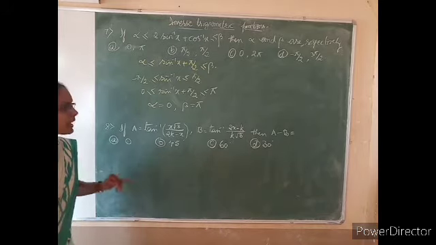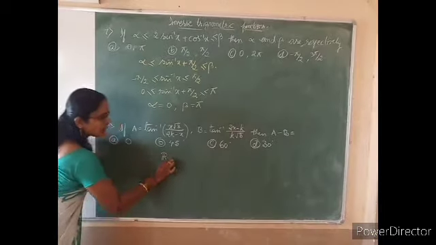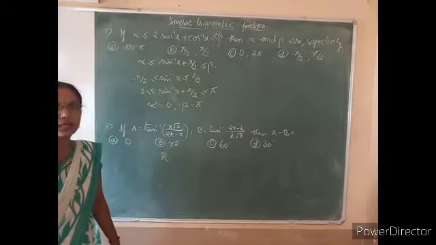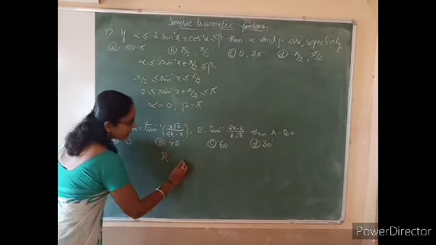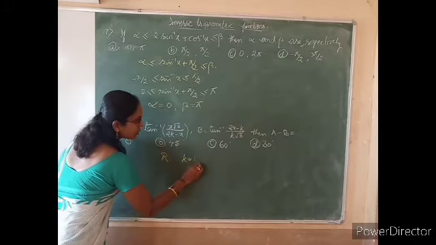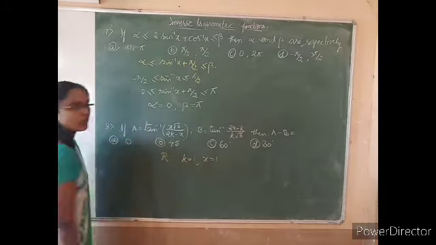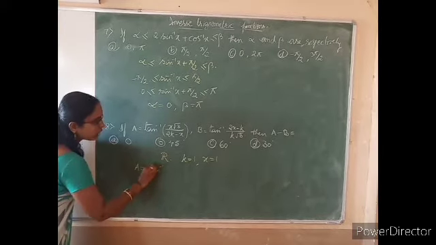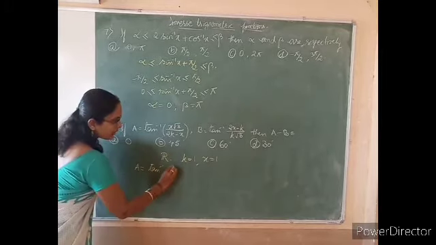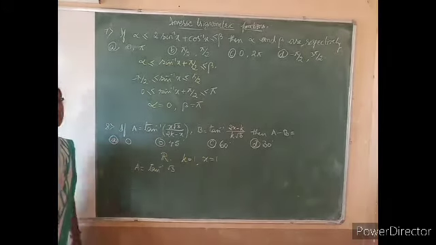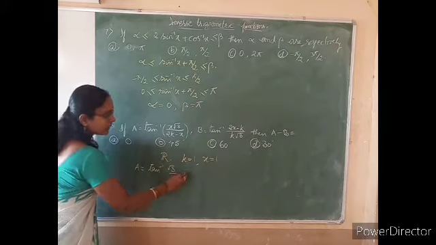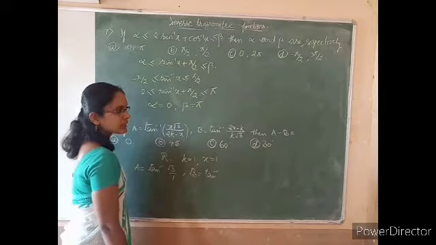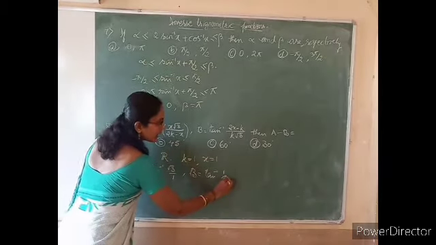You know that the domain of tan inverse of x is the set of all real numbers. For any real number values, both a and b are defined. So for simplicity, we choose the value of k equal to 1 and x equal to 1. Substitute here. So a is equal to tan inverse of root 3 divided by 2 minus 1, that is 1 here, and b is also tan inverse of 1 divided by root 3.